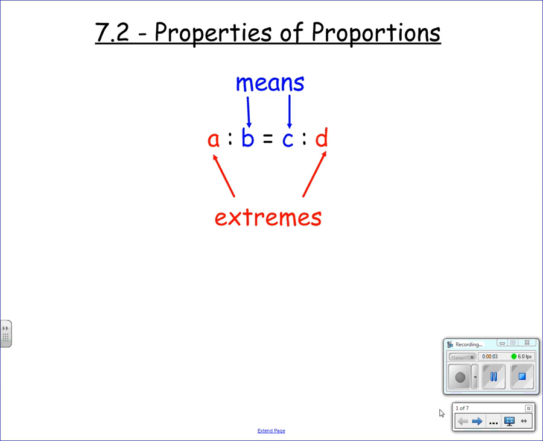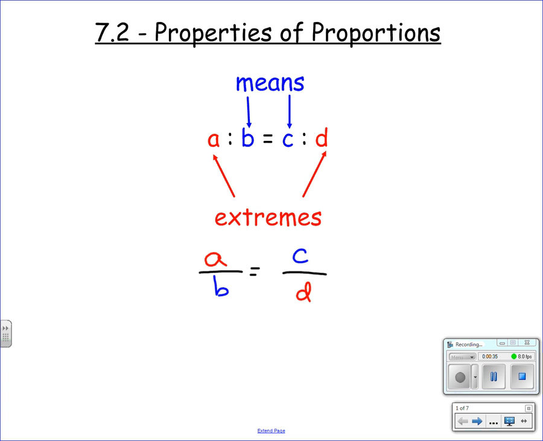Today we're going to be talking about some properties of proportions. So a proportion can be written, remember, as two ratios: A to B is to C to D. Writing these as fractions, A to B is equal to C